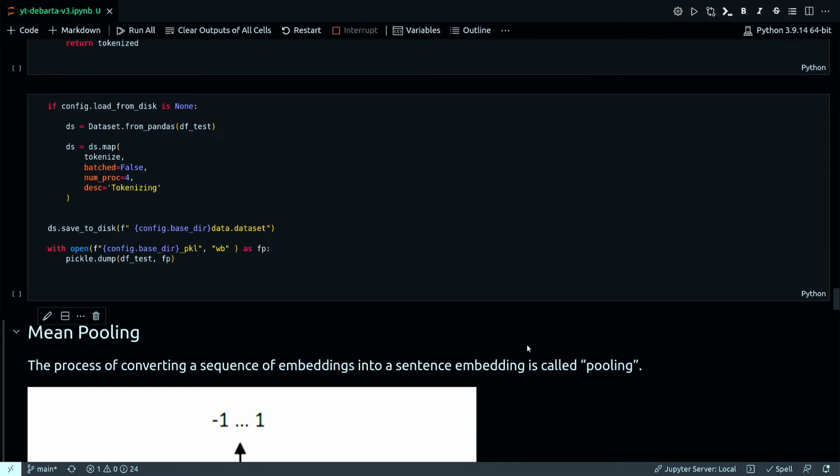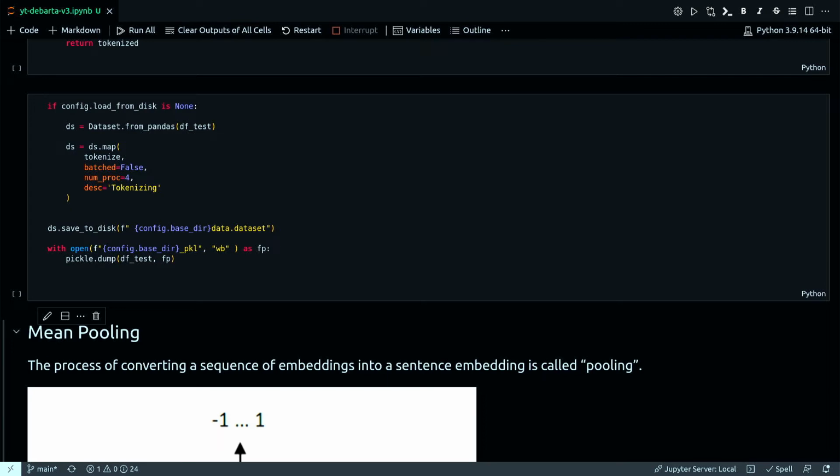Okay. And next, before our modeling, the most important thing we have to do is to take care of pooling. And we are going to use mean pooling and max pooling here. So before understanding pooling, you need to understand the difference between token embedding and sentence embedding. Sentence embeddings play a completely analogous role to token level embeddings, with the main difference being that, as the name suggests, there is only one embedding for the entire sequence rather than one embedding per token.